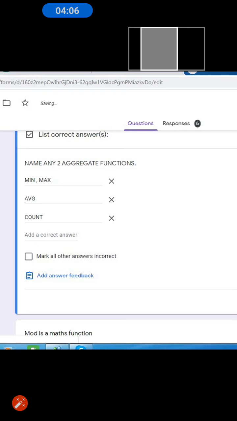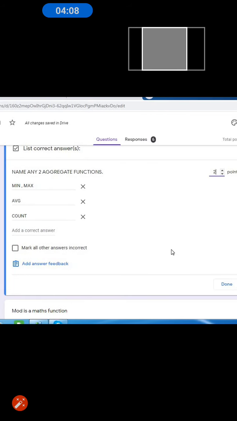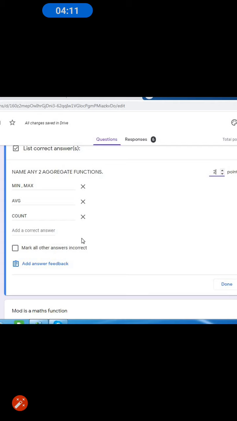If we set the answers beforehand and if the answers match, that means the students have answered it correctly. It is basically possible in one-word answers or objective type answers.